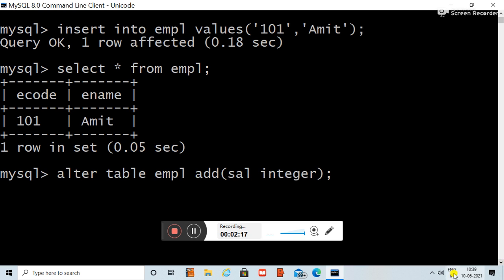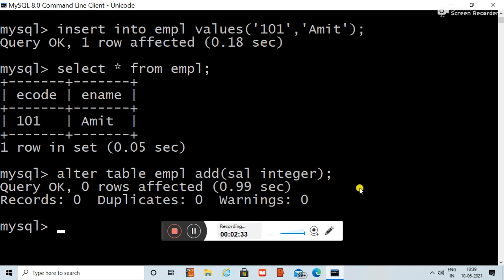So what happens? Alter is the keyword, then table, then the table name. For adding a column which is not there, add, then the name of the column and the data type of the column. Now I press enter. Okay, it has been affected, but we want to see this one.